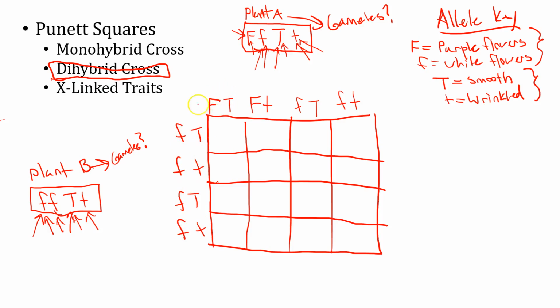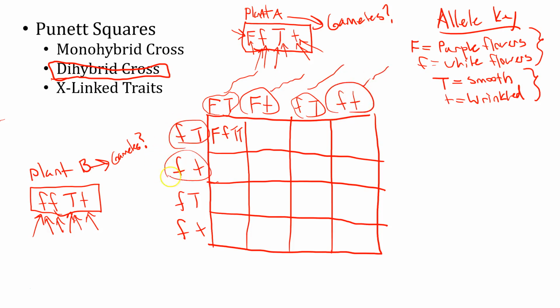It could be that this gamete meets this gamete. If that was the case, it'd be big F, little f, big T, big T. Could be that this gamete meets this gamete. And again, if it's helpful for you to conceptualize what's going on here, just think about these all being sperm and these all being eggs. So it could be that the sperm that bears these two alleles meets the egg that bears these two alleles. Or this sperm that has these two alleles could bear this one, and that would be the same result,